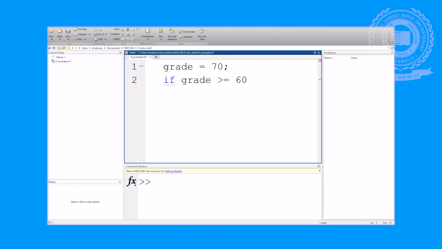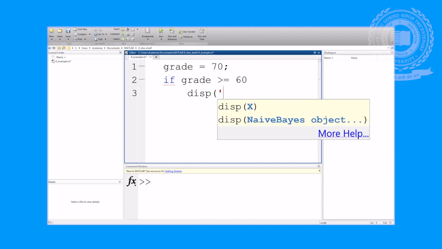So we say if our grade is greater than or equal to 60, this is our logical expression, and the greater than or equal to is our relational operator. If the grade is greater than or equal to 60, then we want the program to display that we have passed the class.